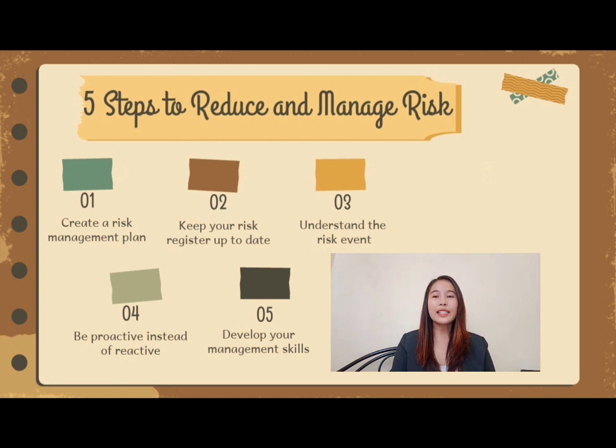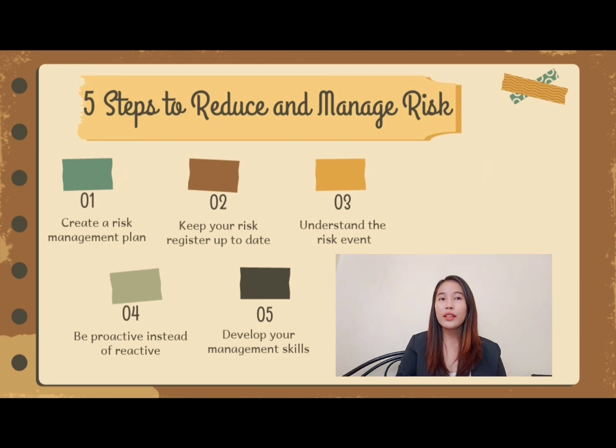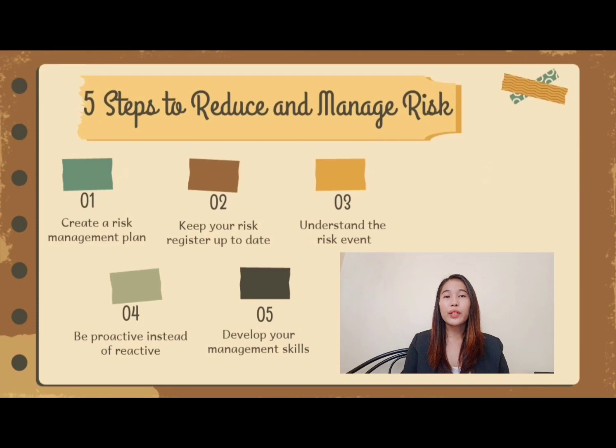Developing such a plan takes time and effort, but investing in the planning phase often pays off by creating a roadmap that will guide your team throughout the execution of the pace of your project. Having this document will help you stay on top of potential issues, but it is important that you keep it current so that you always have an accurate snapshot to refer to. Number 2 is keep your risk register up to date. Your risk register can either be combined with your risk management plan or be a separate document.